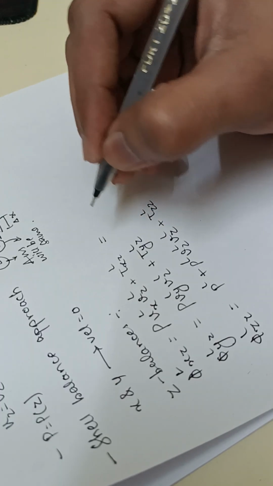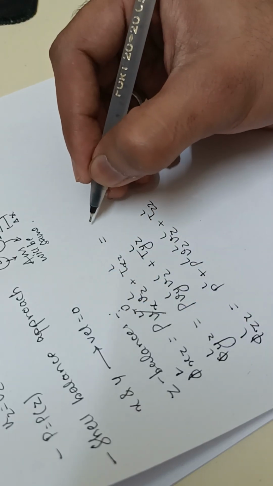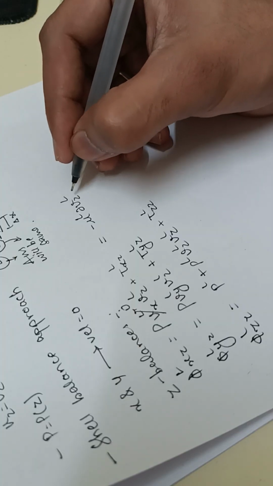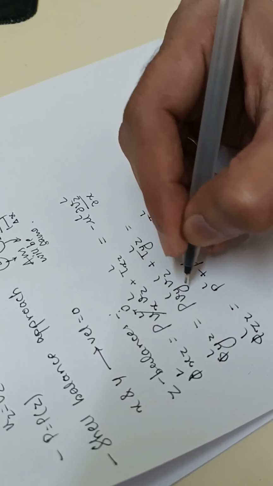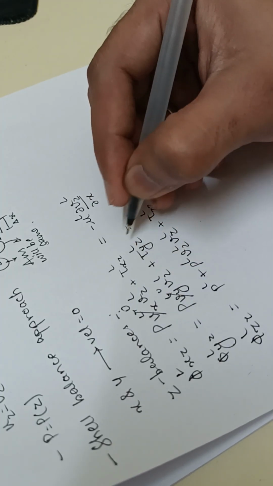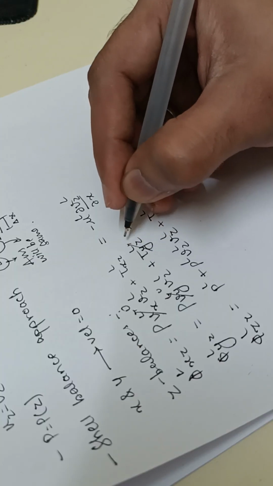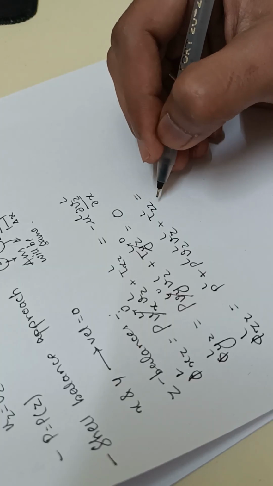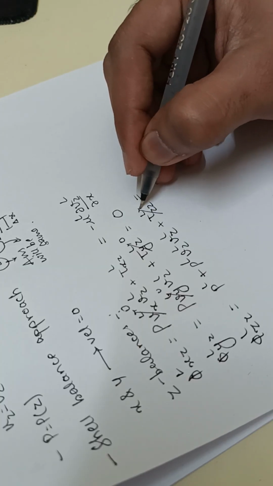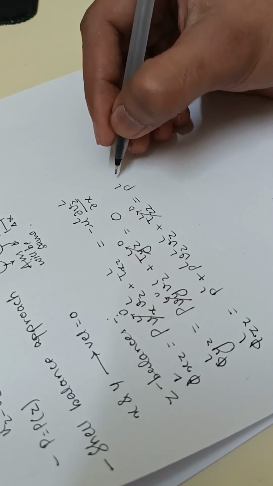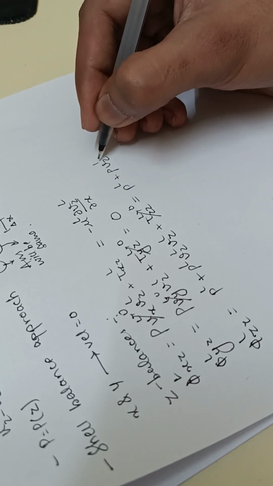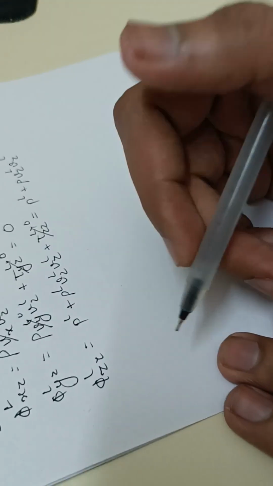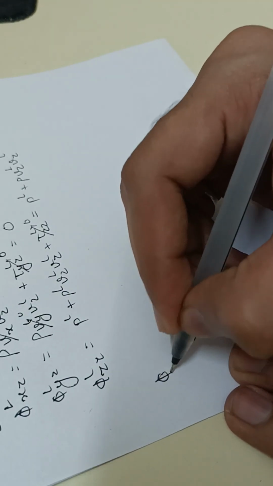So here Vx is 0, so this term will go, and we will be left with only the tau term. Here also Vy is 0. In this, Vz is not a function of y, so this will be 0, the whole term will be 0. Then here again Vz is not a function of z, so this term will be 0. We will be left with P L and rho VZ L. Again applying the momentum balance equation, we will get phi xz of